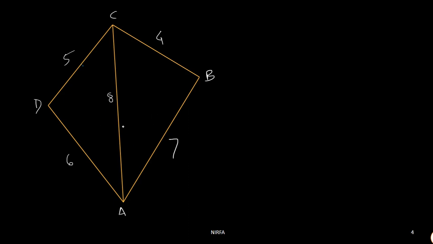Now AC will cut the quadrilateral into two triangles, and if you see the left triangle, all three sides we know, and therefore using Heron's formula we can find its area, denoted by A1. Similarly we can find the area of the right-hand triangle, denoted by A2, and again you can add these two areas A1 and A2, and you will get the total area of your quadrilateral ABCD. So this is the second case of how to get the area of a quadrilateral.